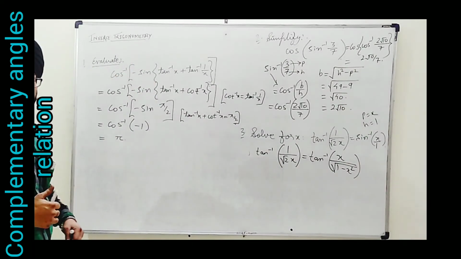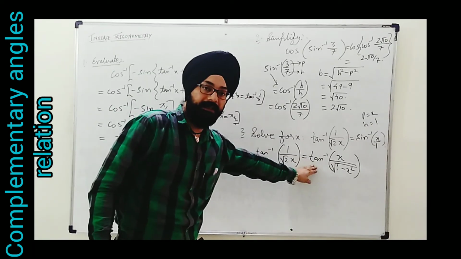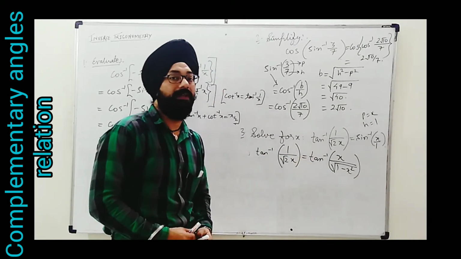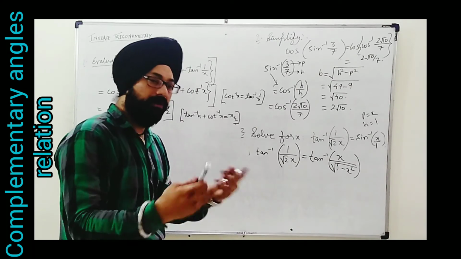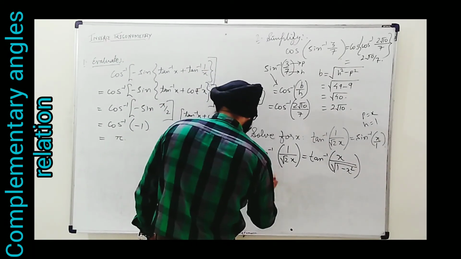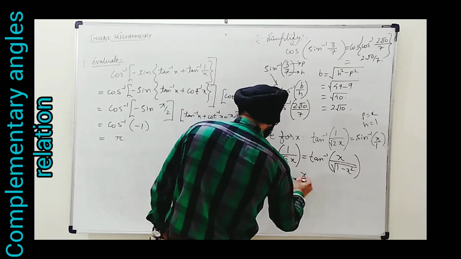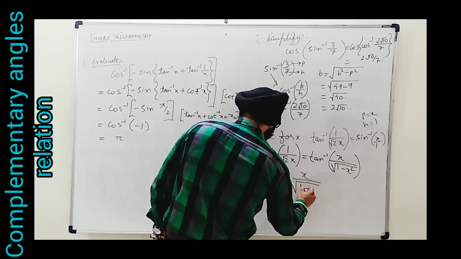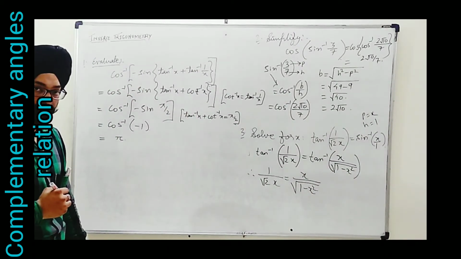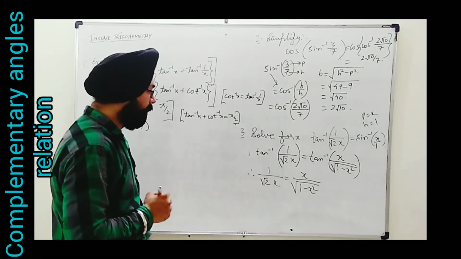As soon as we do this, we see that both of the sides are given with exactly one function, tan inverse. So that's why we can eliminate it directly, or you can say cancel directly. So the final conclusion, we can say it is 1 upon root 2x equal to x upon under root 1 minus x square. Now we have to simplify, we have to solve this equation.